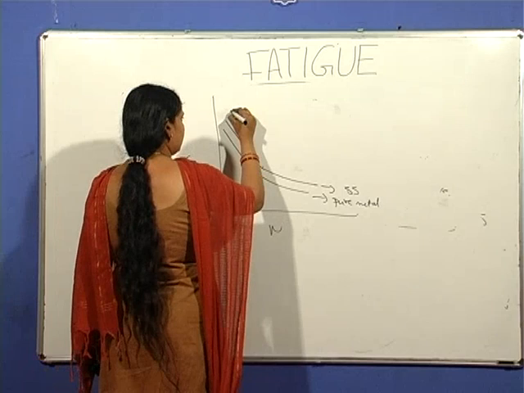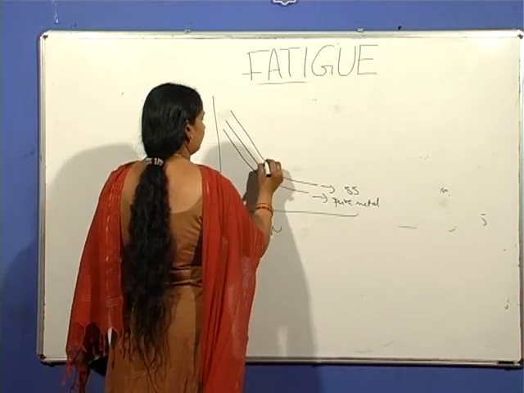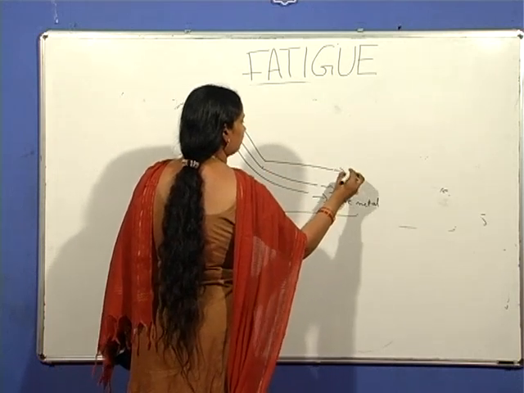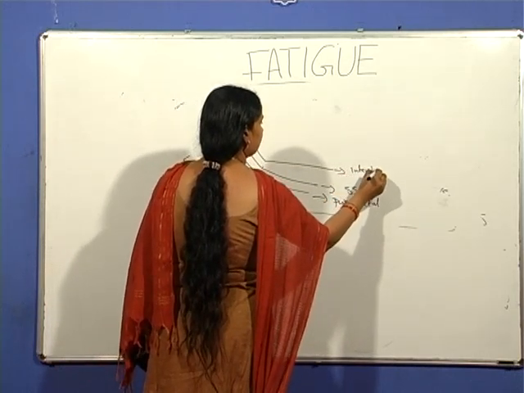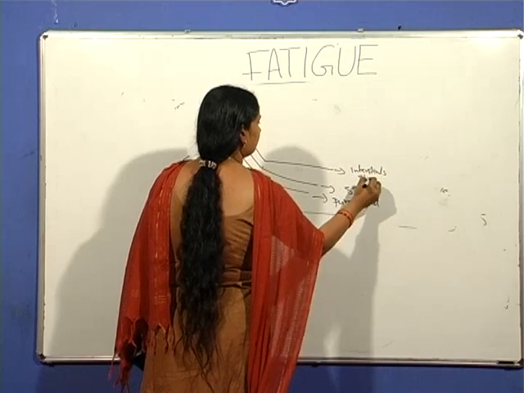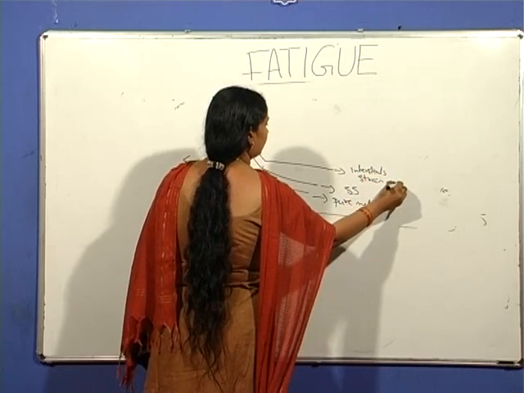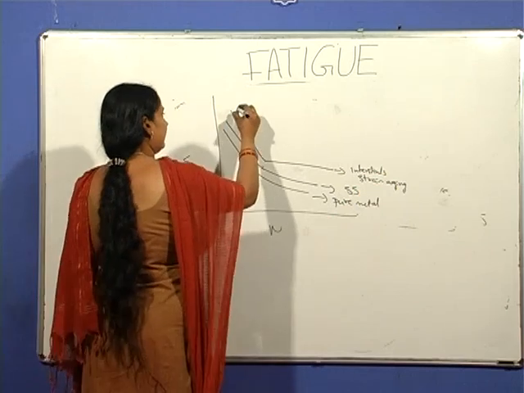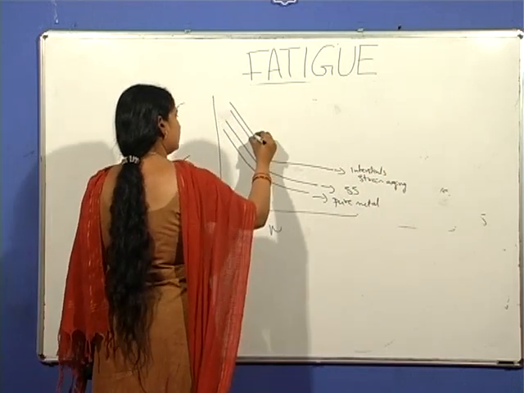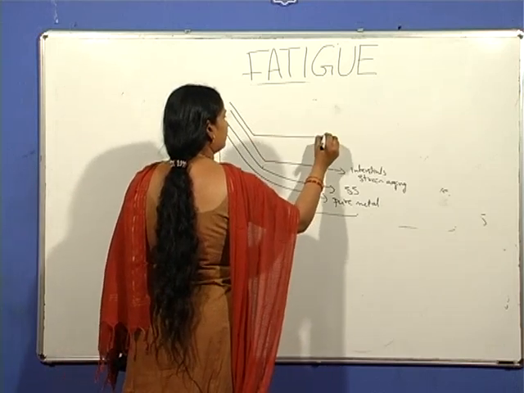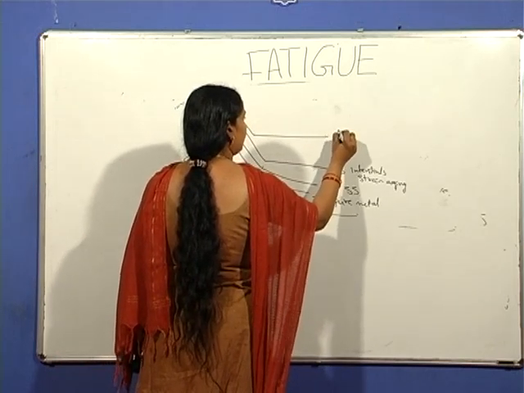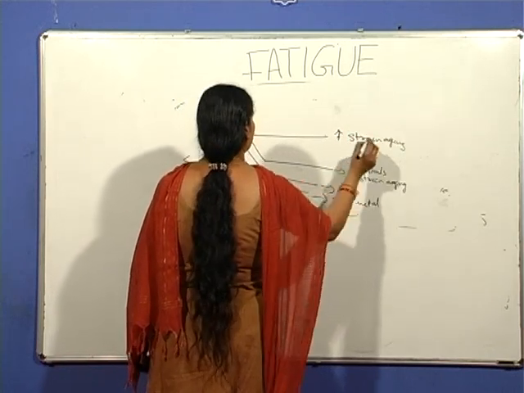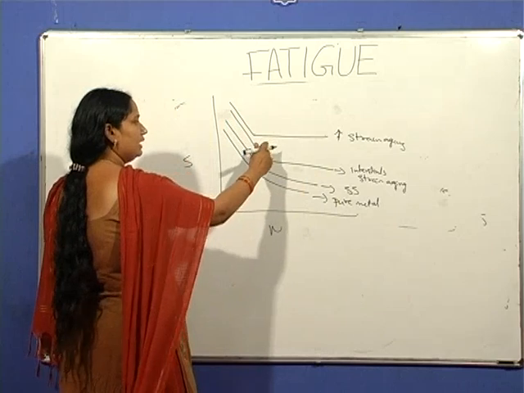And for the case of interstitials present, which results in strain aging, and for increased or enhanced strain aging, this is the curve. This is for enhanced strain aging in the same material, where the curve is well above, and